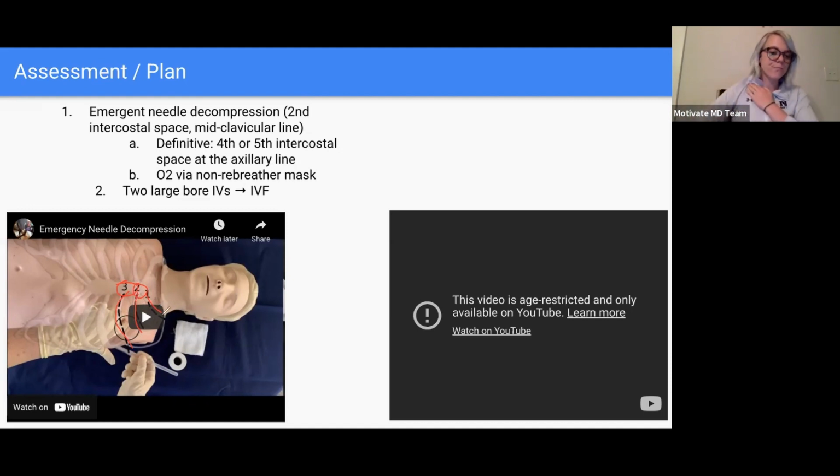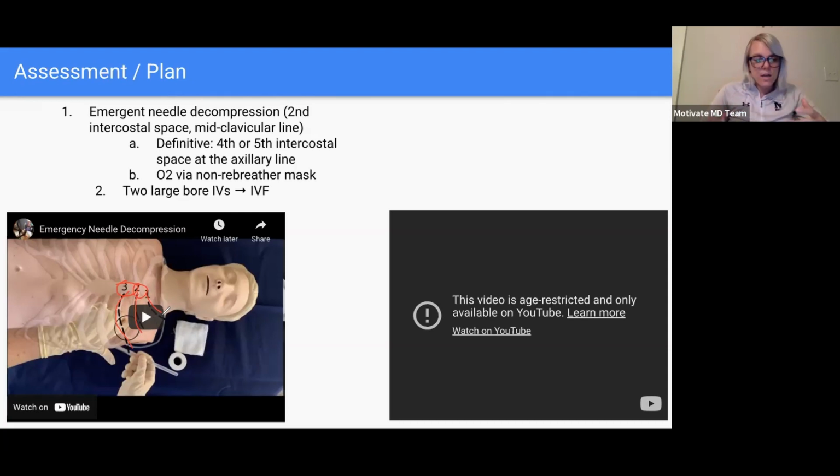You can palpate these landmarks on yourself, okay? The clavicle, obviously, when you move up and down, is going to move with it, and the head of the clavicle will move when you flex and extend your arm. Mid-clavicular is this angle right here, so right in the middle area. So here's the clavicle, right in the middle, and then you can palpate. The first rib is a little bit higher, so you'll feel it about here. Then you'll go lower, and you'll feel your second rib, and then your third rib. So in between the second and the third rib is where we're putting in that needle decompression.